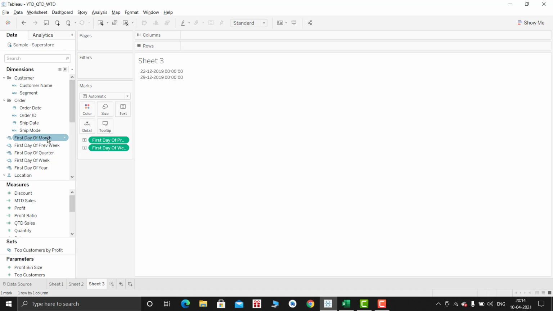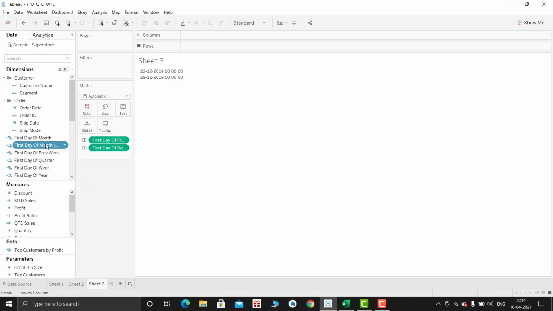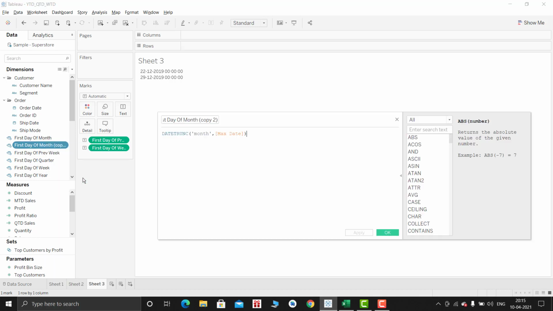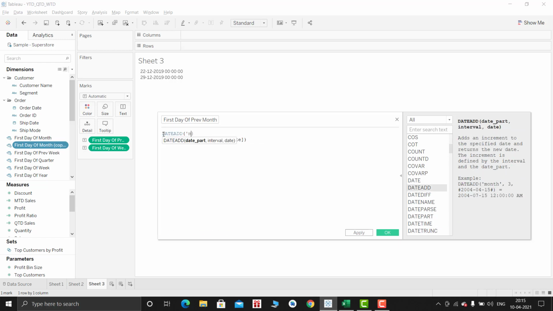Now I will be creating the first day of the previous month. So just duplicate the first day of the month, edit, change the name to previous. Same way, just use date add, and in date add write month, interval to be -1, comma, and in date part, date trunc of max date.